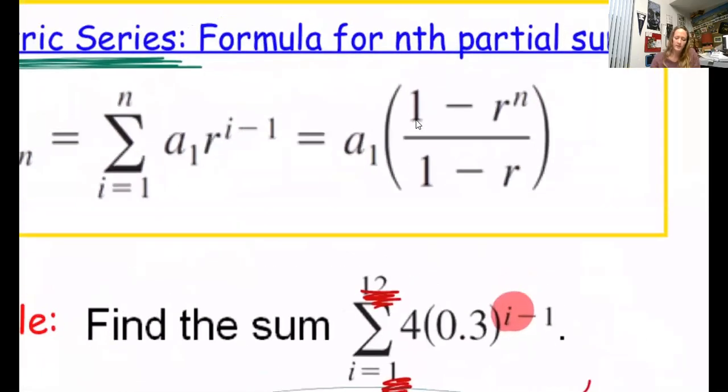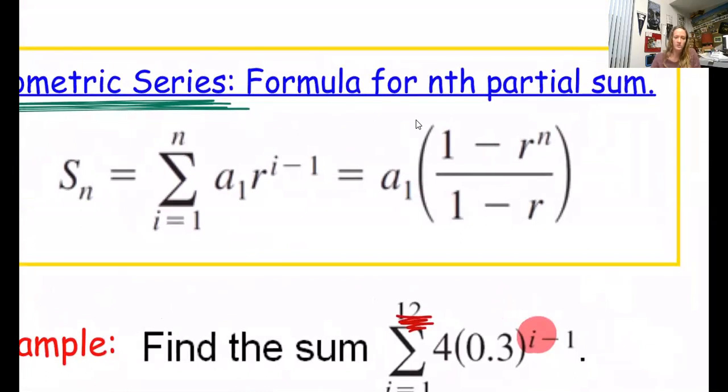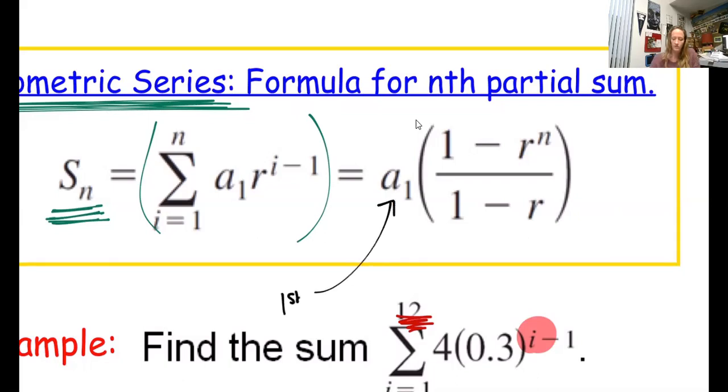So first of all, let's zoom in on this formula and figure out if we know the pieces. This sigma is just, I'm going to put in parentheses, another way that a geometric series can appear. And it can be found, if it's a value, with S sub n. But how can it be found? Well, the pieces are what's over here to the far right, and that's the most important part of the formula. So let's review real fast. That a sub 1, we should know him. That's talking about the first term